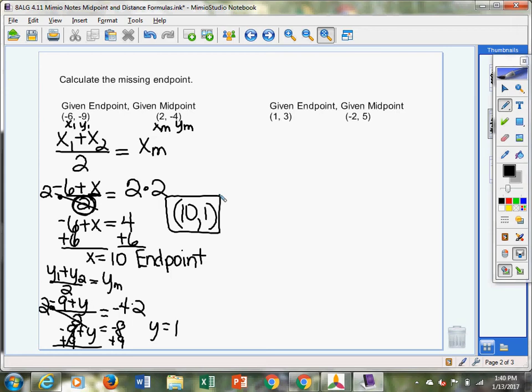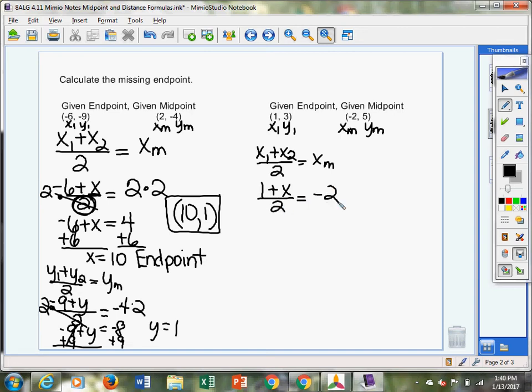May have been overwhelming to see something like this, so I don't want to overwhelm you. This is an endpoint, so we'll call it x1, y1. This is a midpoint, so we'll call this xm, ym, to just distinguish it, because there's lots of x's and y's in the formula. So if I add my x's and divide by 2, I will calculate the x of the midpoint. So we're going to take 1 plus this unknown x, divide by 2, and that's going to